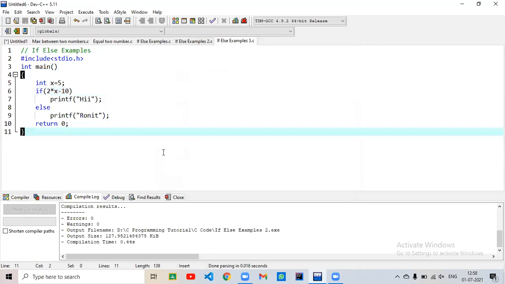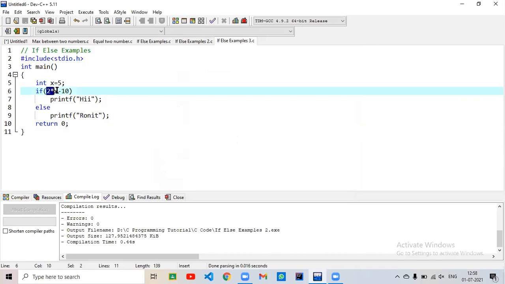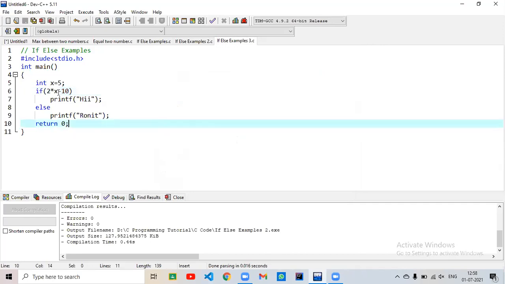Very good. So here it will print Ronit because 2 into x, that is 5, that is 2 into 5 means 10 minus 10, that is 0. So it returns 0. So 0 means false. Everyone got it?